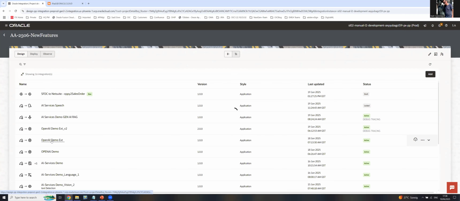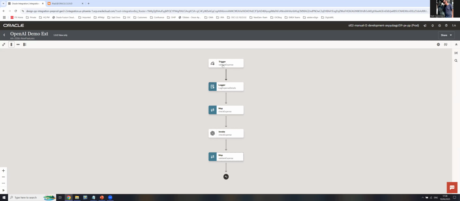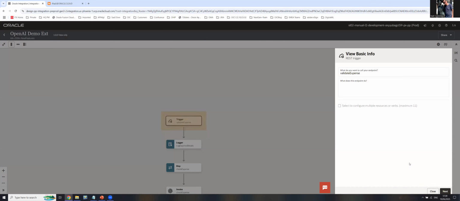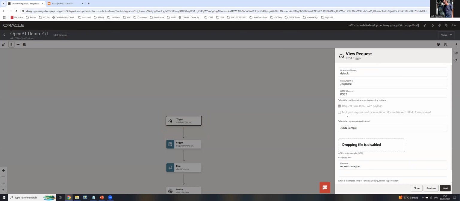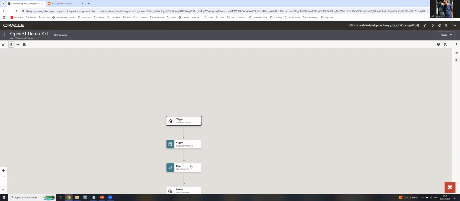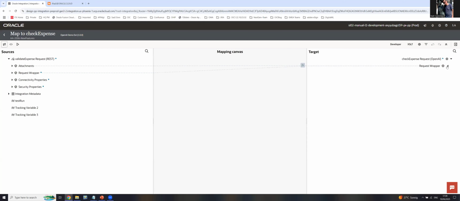This is the extended one. And you will see in the extended one here, first of all, the input that we're going to receive is going to be a JSON payload as well as a document. And in this case, this document is going to be our corporate expenses. And if you look down here, when we are mapping the expense, we have the ability to add, let's just go back here, different